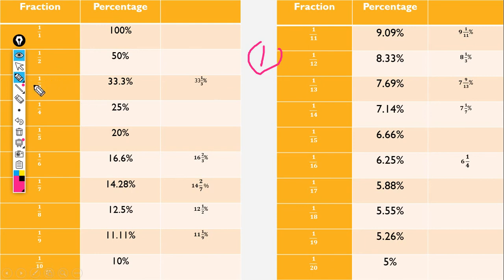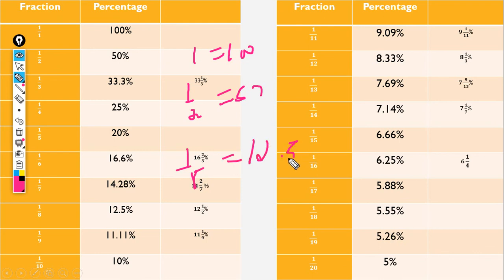Okay, let me explain. I will brush up some of the things I explained. Please mug up the data from 1 to 20. 1 is nothing but 100%, and 1 by 2 is nothing but 50%. Already explained in the first part, just brush it up. 1 by 8 is 12.5%. 2 by 8 means 2 into 12.5, that is 25%. 3 by 8 means 3 into 12.5, that is 37.5%.